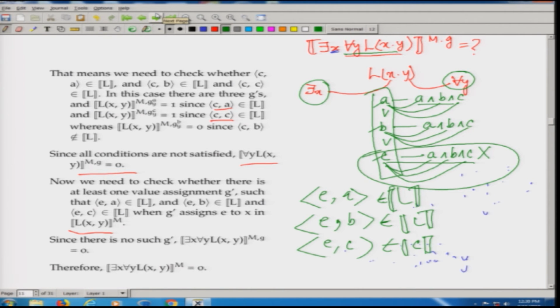Therefore the value of the whole thing will be 0. So what do we write? We write that, we have said already, we have written the condition for this, and now we say that since there is no value assignment G prime such that G prime is exactly like G with respect to x, for which